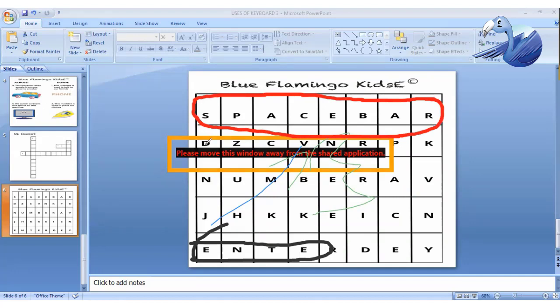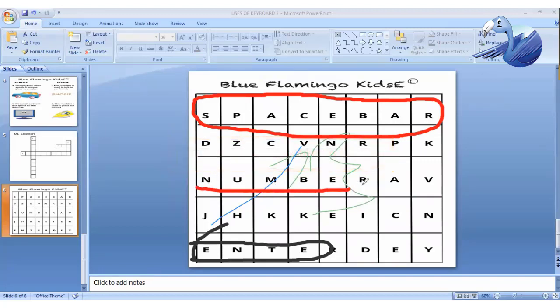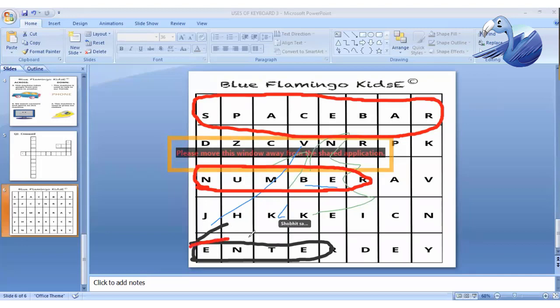Okay, now the next one. See, look, is any word going to meet here? No. In the third line, yes, number. So let's do it again. N-U-M-B-E-R, number. Okay, and the last one is enter key. Which key? Enter key. So like this only, students, you have to search the puzzle. Search the words and you have to circle them.